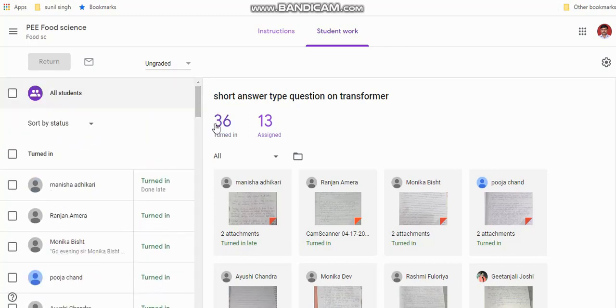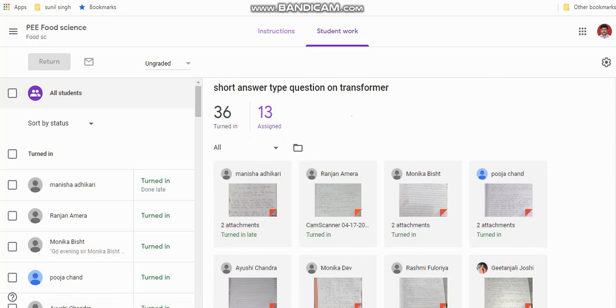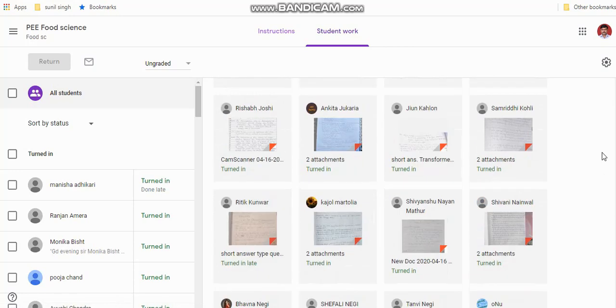Here there are 36 turned in and 13 assigned, still not submitted. So the total is 49 students. And those who have submitted the assignment, yes, submitted by attaching a file like this.